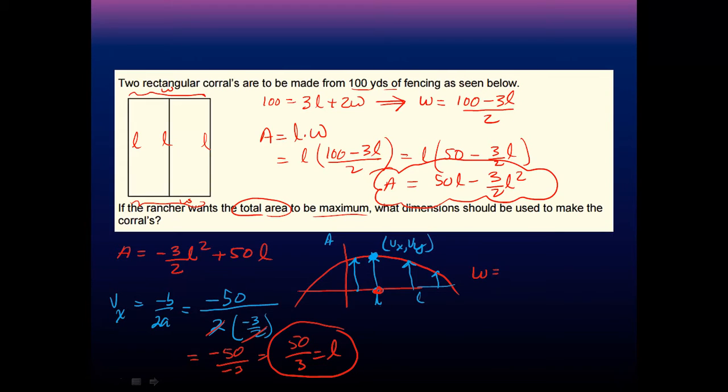Okay, the width is going to be 100 from here minus 3 times the length, which is 50 over 3, whole thing divided by 2. That's 100 minus, that's gone. That's 50 over 2. That's 50 divided by 2, that's 25. Okay? So if I do it like this, then I will get the maximum